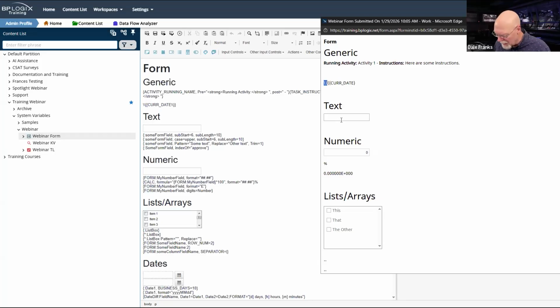Well, they are backward slashes. So maybe we don't need to change them because they are backward slashes. So that is important. It's not forward slashes. So we may try to fix this because what we would ideally like to see is just the cur date. However, that aside, you can still escape a system variable just by putting the double backslash in front of your opening and closing braces so that it shows the curly brace as a literal and does not try to show it as a system variable.